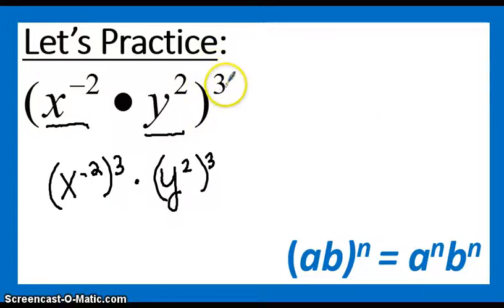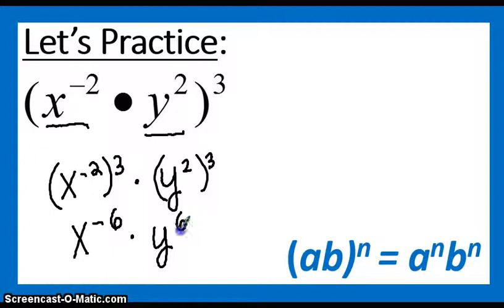All we did was give the exponent to each part. That is the power of a product property. Now, we are more simplified, but we can simplify further. We have powers of powers, which we know means we multiply the exponents. So we get x to the negative 6 power times, and we have again power of power, we get y